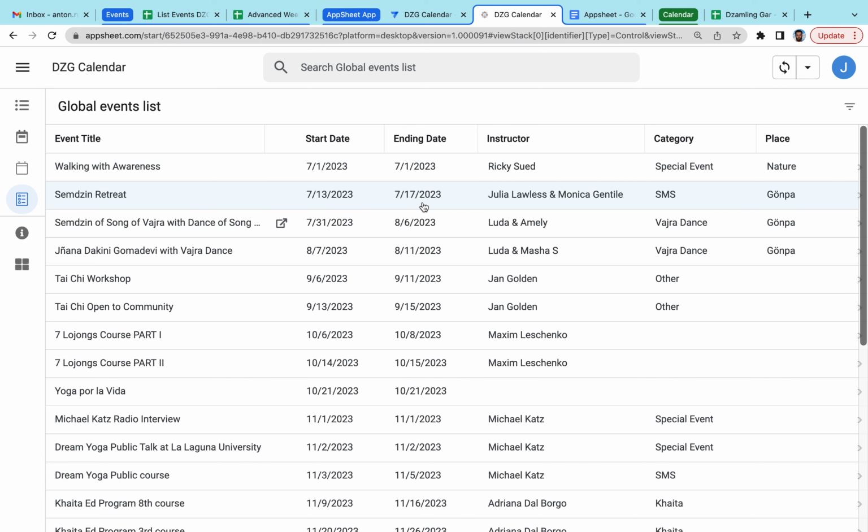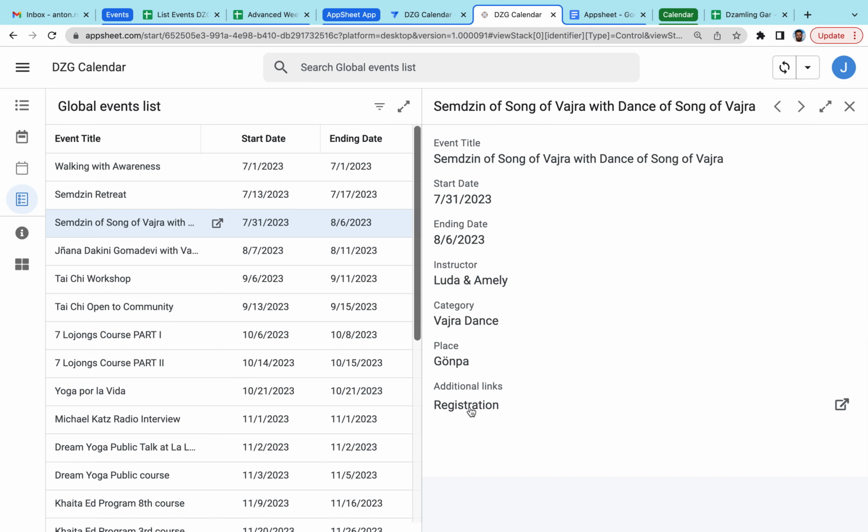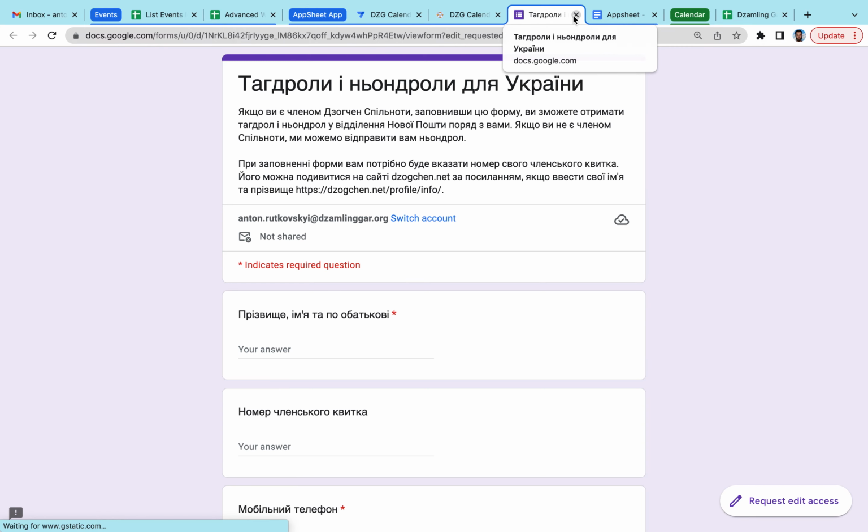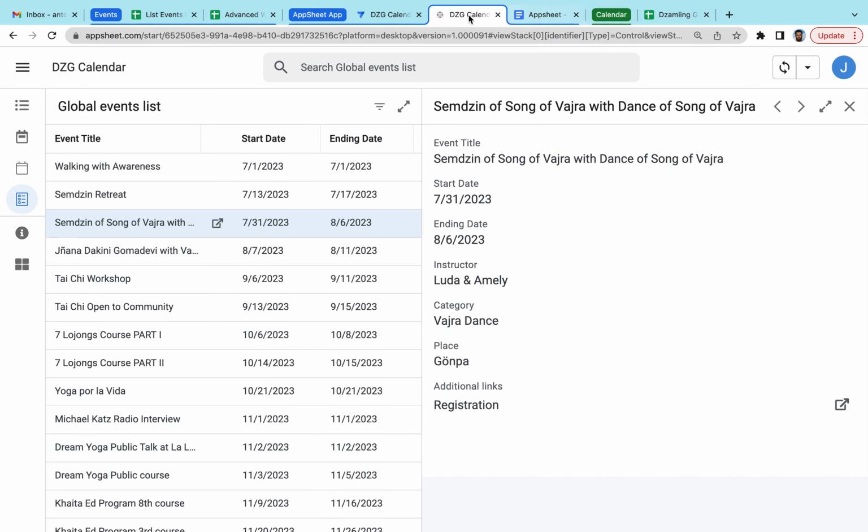And also what is good here, if you have, for example, a Vajra dance event, you can click this link for registration. Now it's just some random link to some form, but you can click it, and you can have files attached here. For example, it could be retreat materials, it could be registration links.